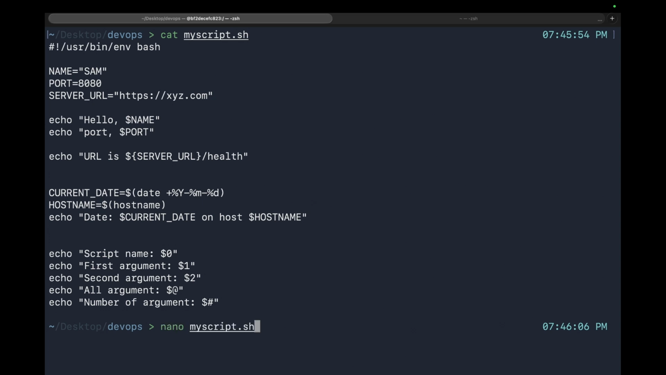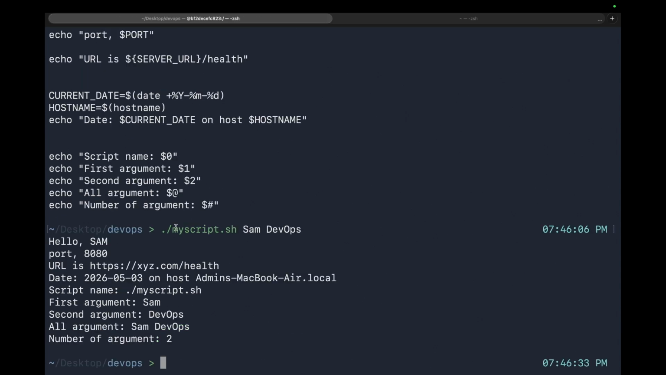So you saw what I mean now. I'll do like, let's do Sam DevOps. So let it run. So you can see it replaced the first script name. It took on the script name, took on the first argument, the second argument, all the arguments, and the number of the arguments. So basically, let me say a practical DevOps use